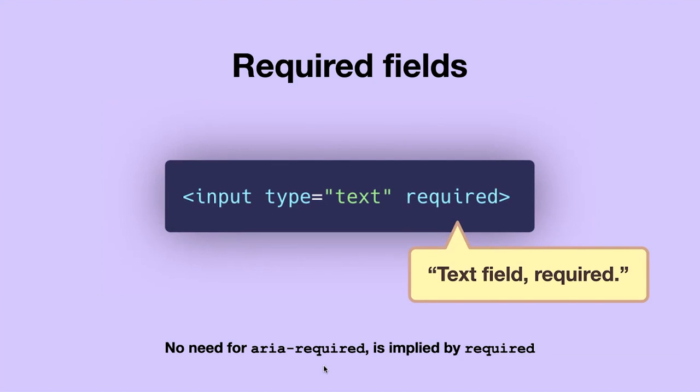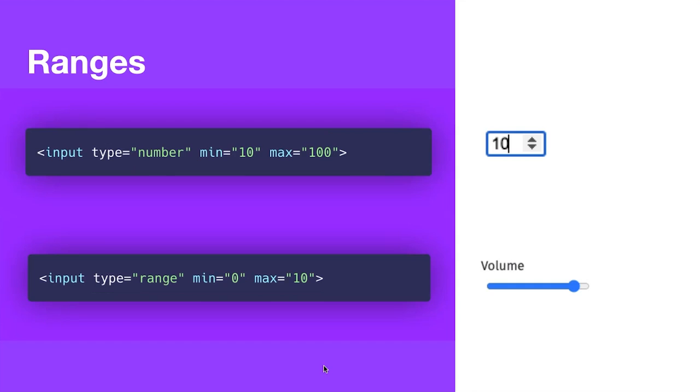Now, again, with some old form technologies or development practices, maybe you'd write this your own way. But doing it with a single attribute like this gets you a lot of stuff for free. It's easier and it's more reliable. This is basically 100% browser coverage at this point. A few people use ARIA required, which is an old throwback thing. You don't need it, just use required. It does the same thing.